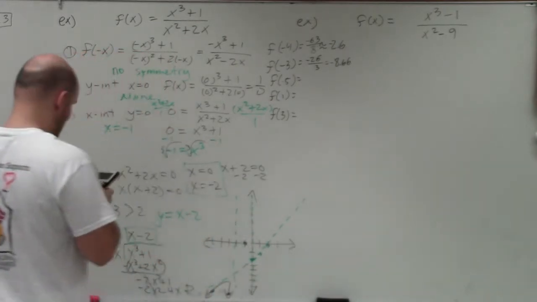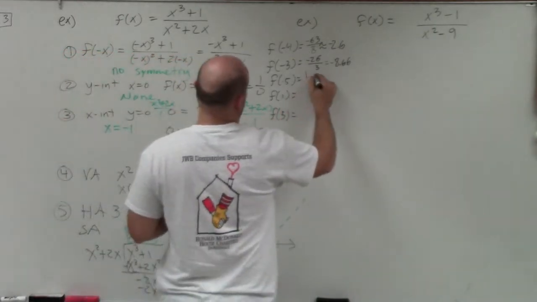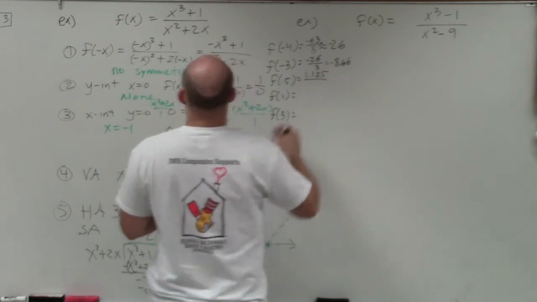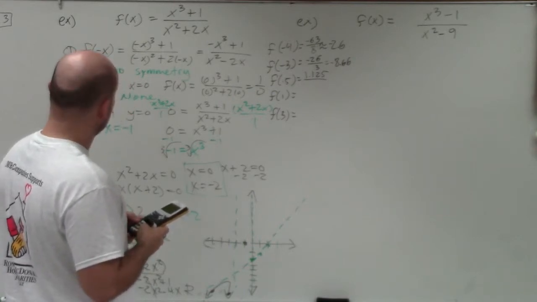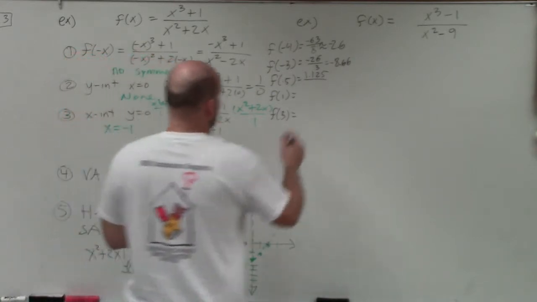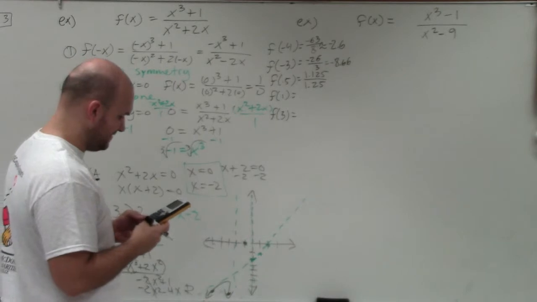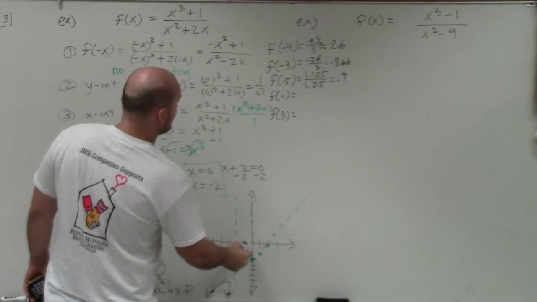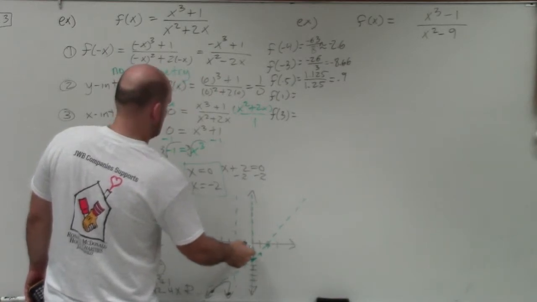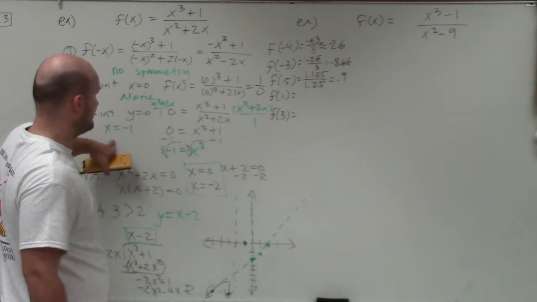Now it's going to do 0.5. So 0.5 raised to the third power is 0.125. Plus 1 is 1.125 divided by 0.5 squared plus 1 is 1.25. 1.125 divided by 1.25 is 0.9. So at -1, x-intercepts -1,